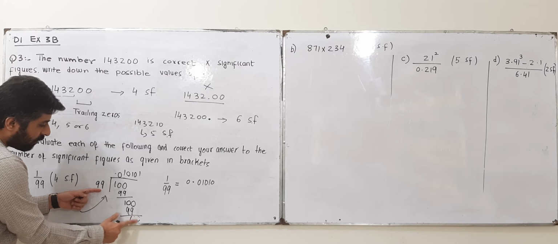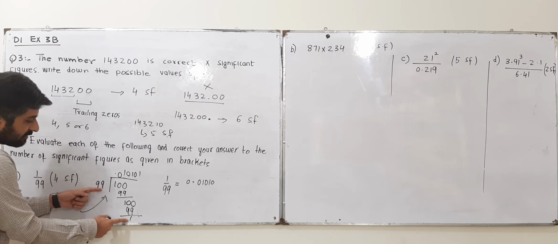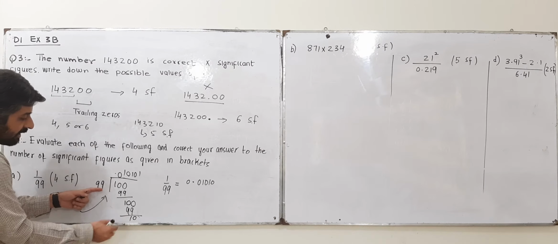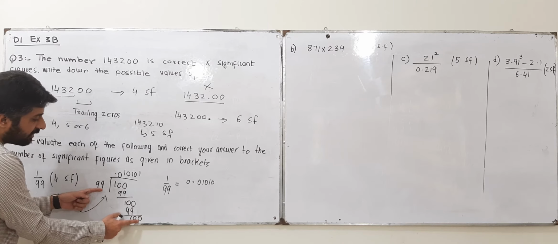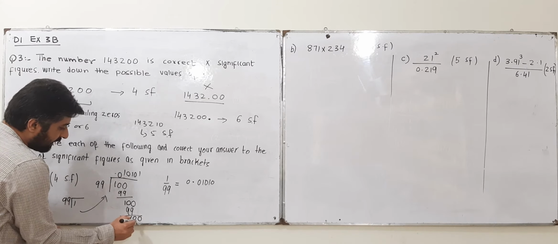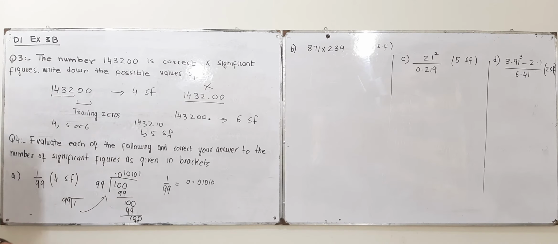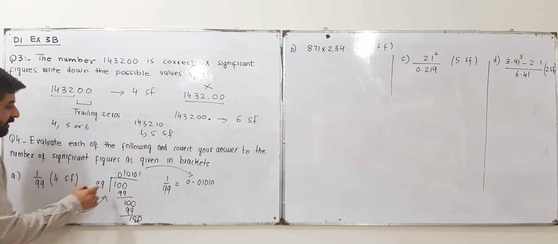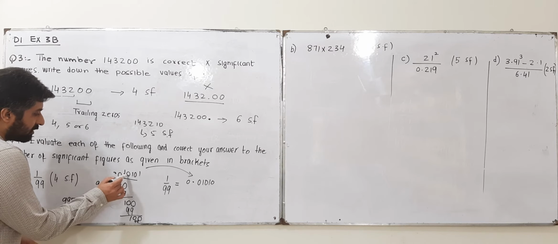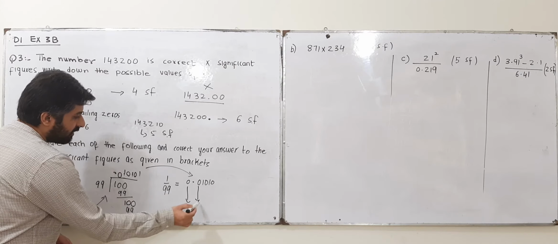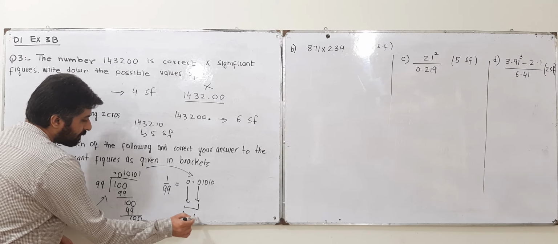This is 1, this is 99, I have used a decimal, I can use one 0. Now it becomes 10, and to insert a second 0, you have to write a second 0 here as well. Then 99 1 time 99, and the process will continue. However, I have to restrict my answer to 4 significant figures. So I have written my answer up to 4 significant figures, 0.01010. This first 0 is not significant, this is not significant, they are leading zeros.